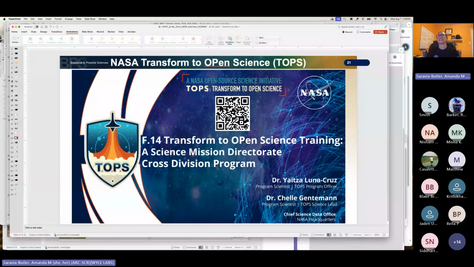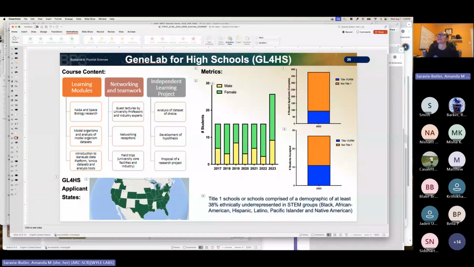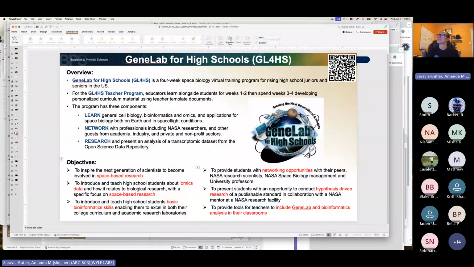Okay. So unfortunately, that means we won't be able to enroll you in the GLab for high schools, because they actually just finished this year's cohort of GLab for high school students, and next summer you will no longer be a rising junior, you will have graduated. However, what I